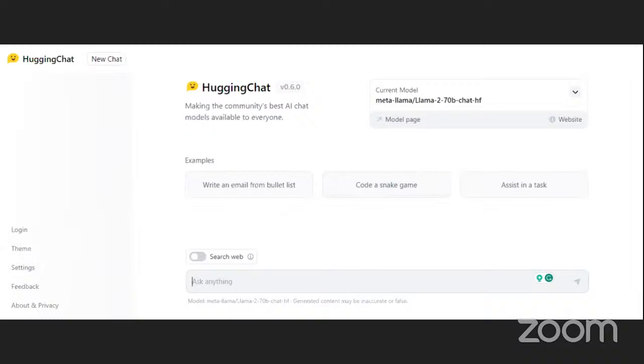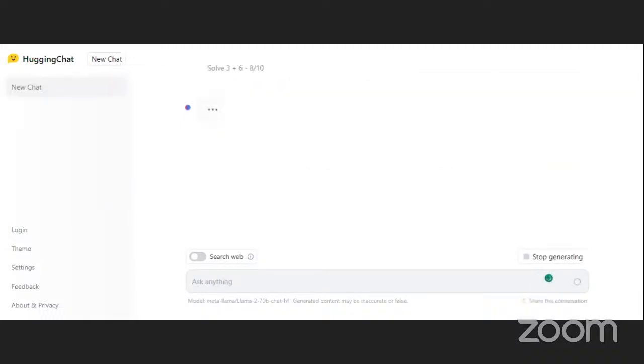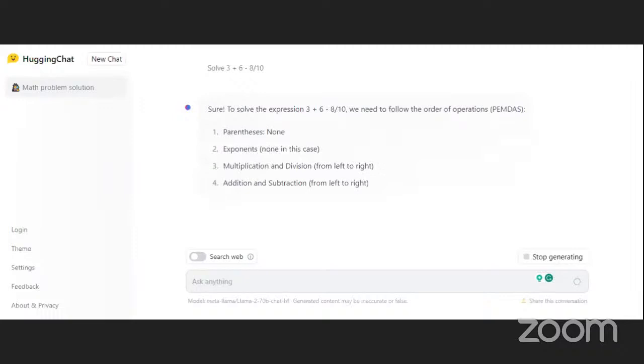Let's say, solve 3 plus 6 minus 8 divide by 10, something like that. Let's try to do maths. So you say if you want to calculate, you see, it gives you an explanation.